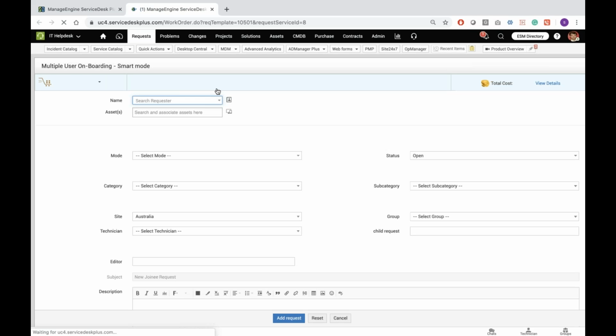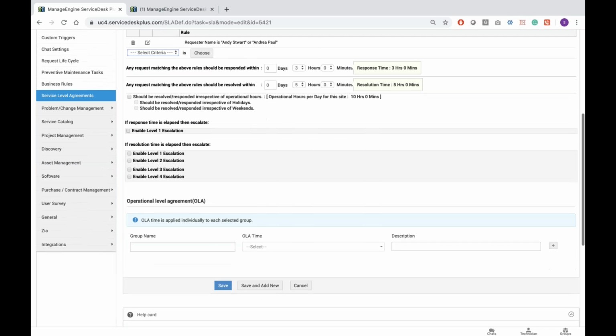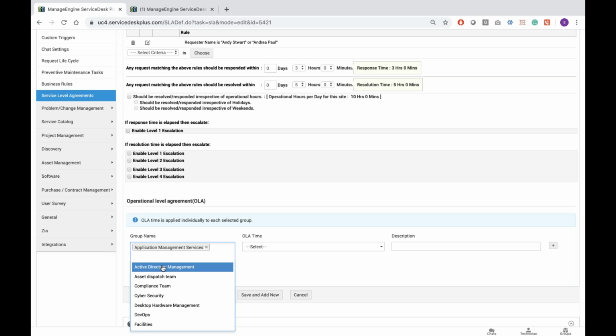That gives a best practice for the service level agreement process, because end users would know a service will take its own time to deliver, whereas for an incident, based on conditions such as the type of user, the priority, or any of the values, the SLAs are assigned to the ticket. You can also configure operational level agreements between different groups, so that you can evaluate the time taken by each group. So it is not just the ticket's SLA, but also how each group operates and how long they have taken to address the issues.